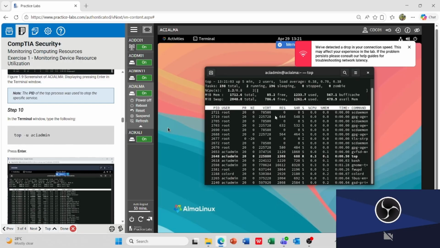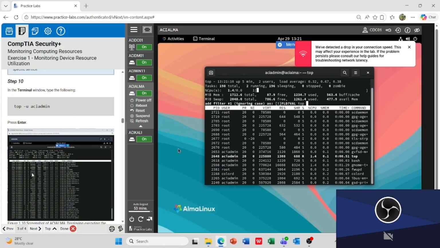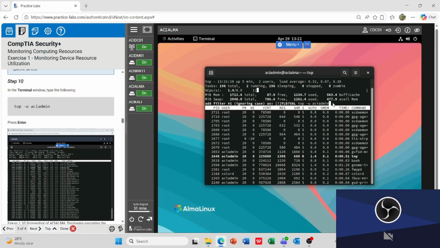Okay, now type top dash u ACI admin, enter.